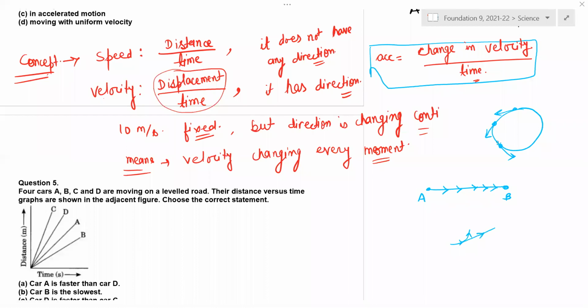No, but sir, like you said, the velocity is displacement by time, right? So I was asking, is displacement calculated every second? Not every second, even every fraction of a second, every moment. Because you might be completing it in, say, 10 seconds, but 10 seconds is a combination of all the fractions of seconds. Every moment you are changing the path. Path is not the same every time. Clear? Yes, sir. Clear. Very good.